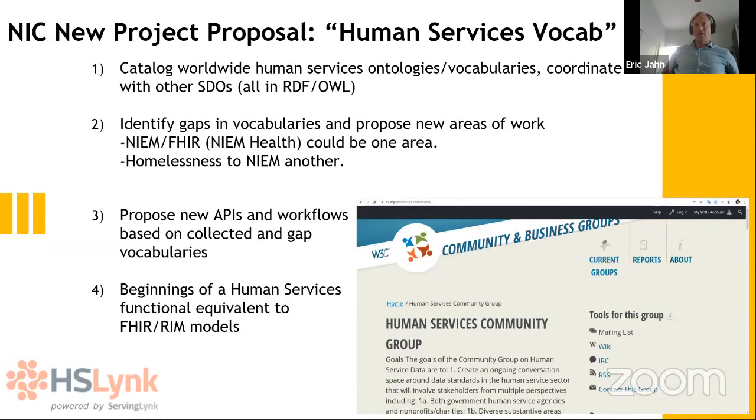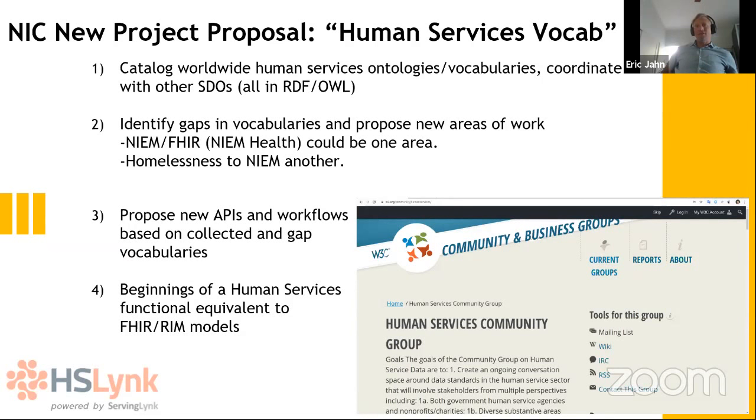So I'd like to catalog the ontologies that exist, and then identify gaps in those ontologies, look at popular non-web ontologies, non-web vocabularies, and nominate them to be converted. HMIS would be a great one. FHIR's already done. NIEM, we're talking about it. It's not done yet. A lot of great stuff, a lot of gaps that exist, but a lot of great work that can be quickly done to get things all on the same plane.